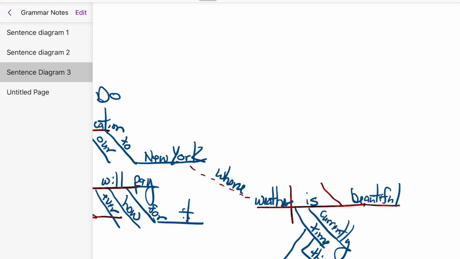All right, so we're going to have weather as our noun functioning as our subject. We're going to have the linking verb is, and then we'll have the predicate adjective, beautiful. Currently is going to be an adverb. Time is going to be a noun, and this is going to be an adverb modifying time. And then of year, this is a prepositional phrase. It's technically modifying time, so we can connect it here. We have of, the preposition, and year, the noun, functioning as the object of the preposition. All of these are functioning as adverbs underneath the linking verb is in this particular case.